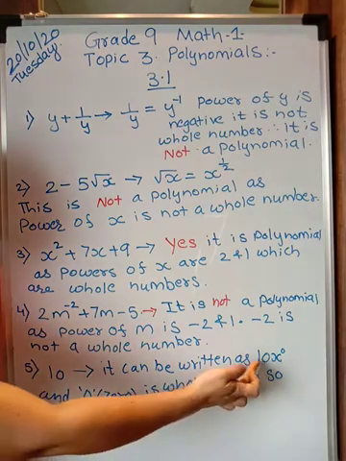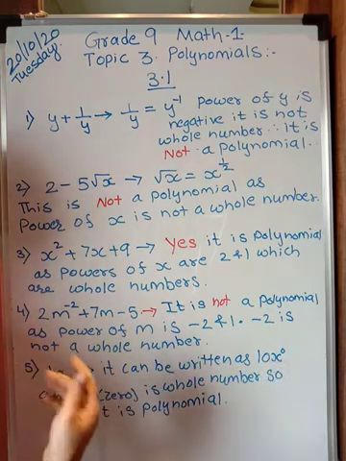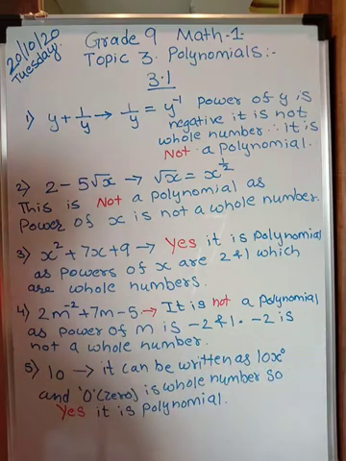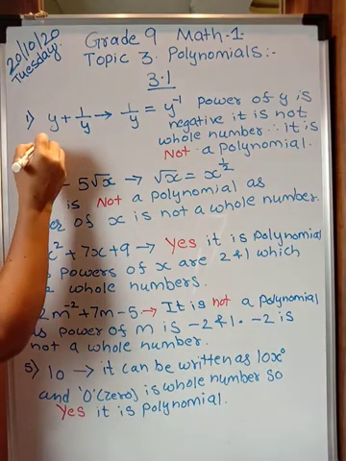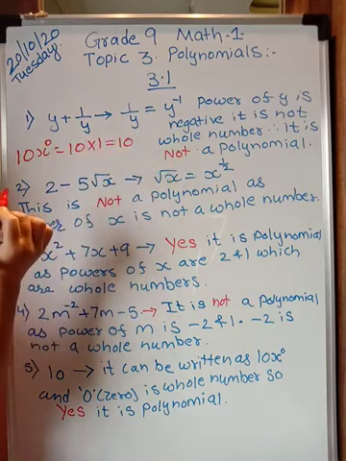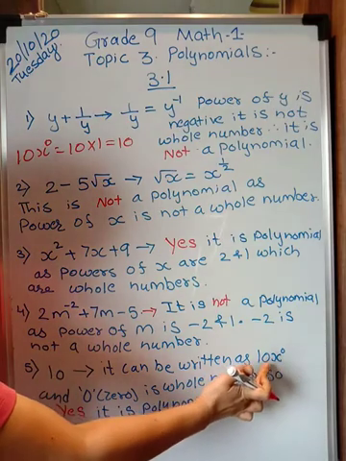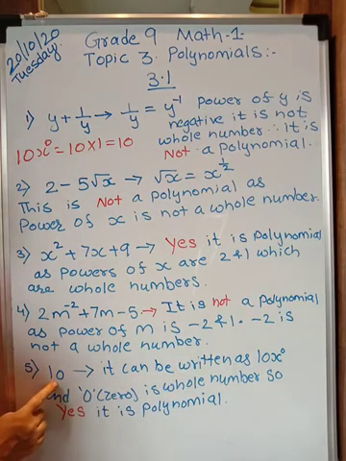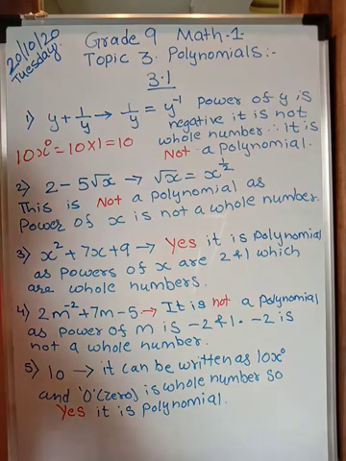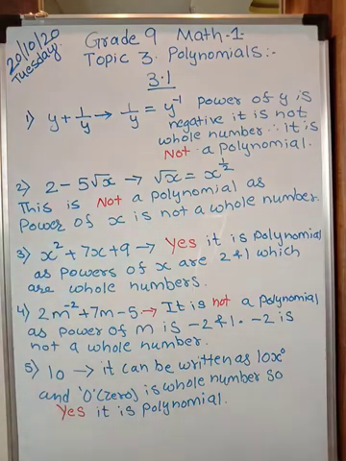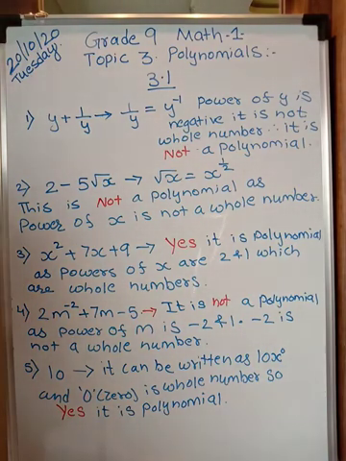10 can be written as 10x raised to 0. You can take any variable, but we are familiar with x, so I have taken x. x raised to 0 is 1. So what I mean is, 10x raised to 0 is 10 into any number raised to 0, which is 1, and this becomes 10. Are you understanding? Therefore, we can write 10 as 10x raised to 0, but 0 is a whole number and therefore this is obviously a polynomial. I told you there will be a polynomial without a variable. So these are called constant polynomials. I hope the first question is clear to all of you. Okay. So please write it down very neatly in your notebook.